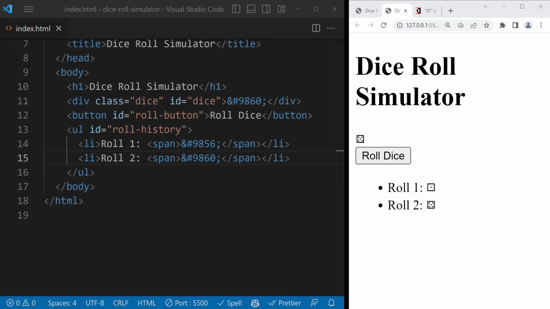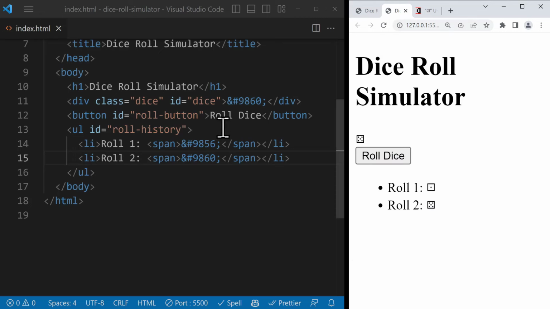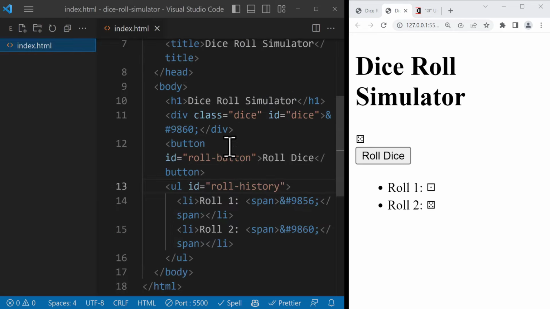Alright, in the last section we have completed the HTML part of the project. In this section we're going to style the project like the one in the final version using CSS. The first thing we need to do is to create a new CSS file inside our Explorer section. So I have to open the Explorer section using Ctrl+Shift+E, and here inside our folder which is called Dice Roll Simulator, we just create a new file and we call it